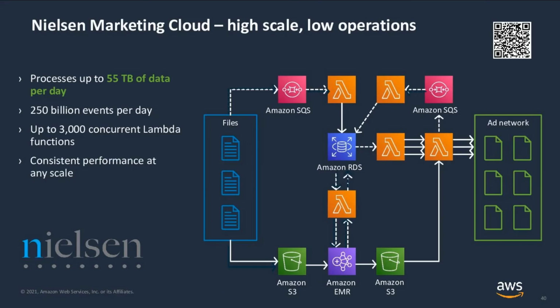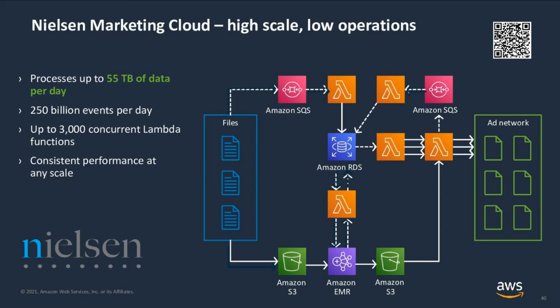Let's look at some additional customer case studies. So Nielsen Marketing Cloud is a data management platform built from scratch. They get data in and process it to about 100 different ad networks, requiring about 250 billion events per day. And they use Lambda to process files and fan out data, all while maintaining quality, performance, and cost using a